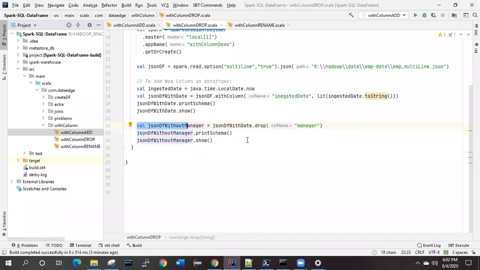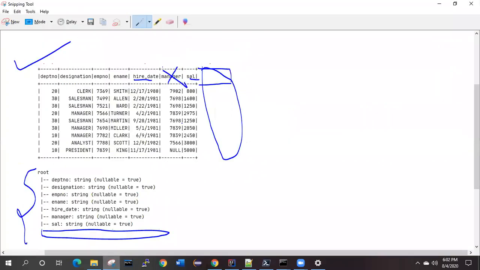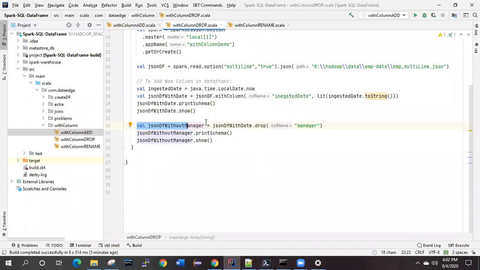So I was talking about how we can drop a particular column, and in this example we are going to drop this manager. Here nothing more has to be done, we already have this data frame available with us. In that we have to make use of the drop method, and in this drop I need to specify the column name I want to drop.